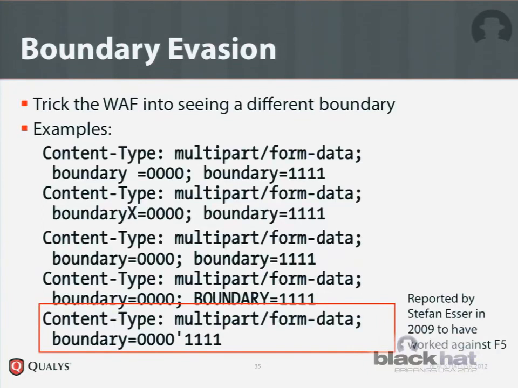I was really proud when I implemented my first cookie parser, because it was just following the specification. And then as it turned out, if you follow the specification by the word, it's actually quite easy to evade you, because in real life, no one really does that. So here we have this. The reason the last example worked is because that particular F5 web application firewall would stop recognizing the single quote as a boundary termination character, and it would see just 4 zeros as the boundary, and PHP will see the whole thing.